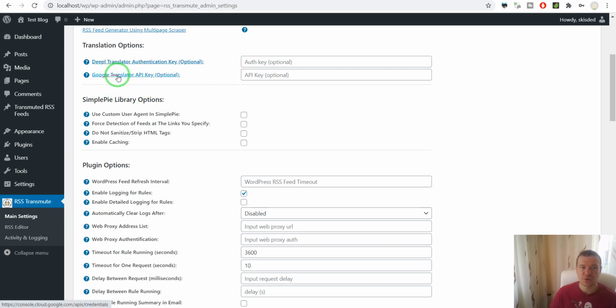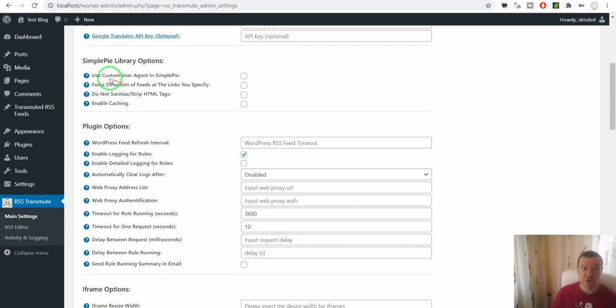Also, you can add a Google Translator API key here. This is optional because the plugin will use a free version of the Google Translate API. And if you add an API key here, the plugin will use the official API of the Google Translate service. This is needed only if translation is not working on your side, because the free version of the Google Translator API might not work on all servers. So if translation is not working for you, add either of these and the translation should be working again for